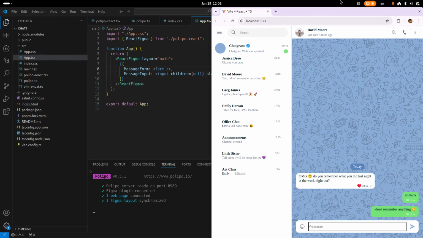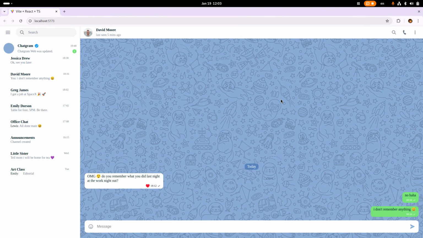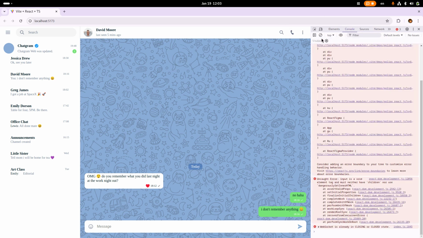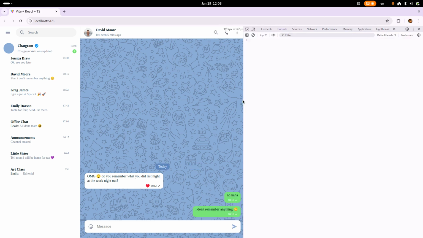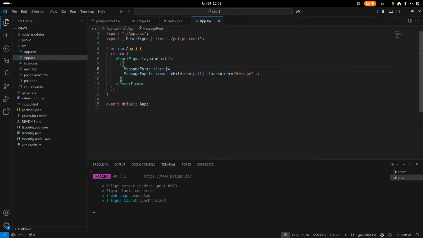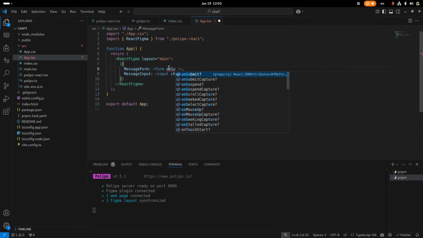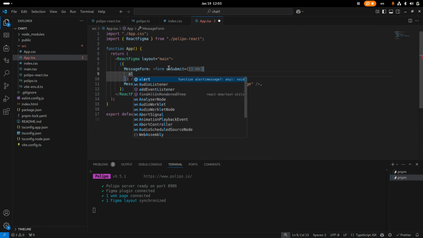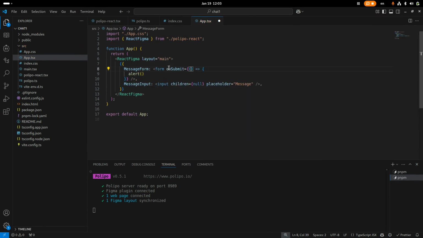Let's see. Okay, I'm going to make this full screen and open the inspector to check if we can print a message when we submit this form. So on submit, actually I could have just used an alert. I'm going to use an alert. Take this event,